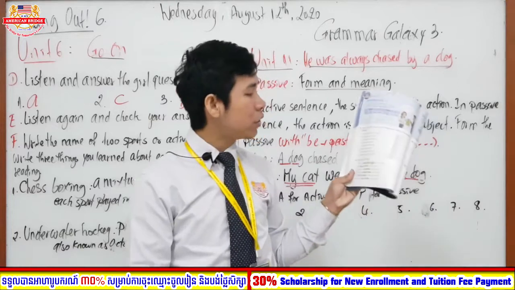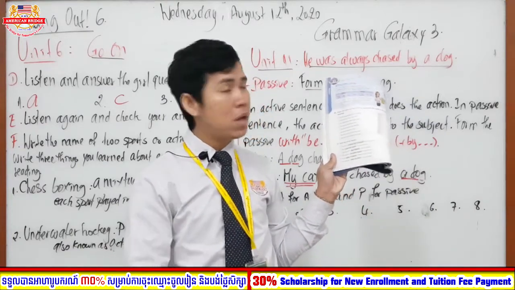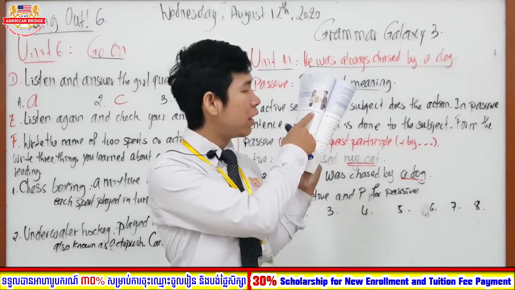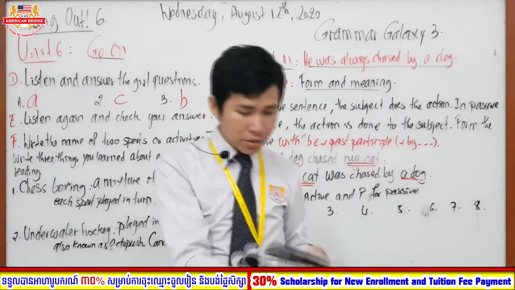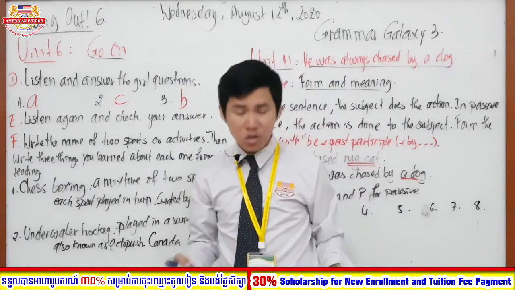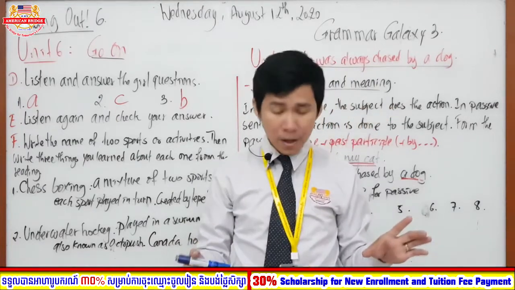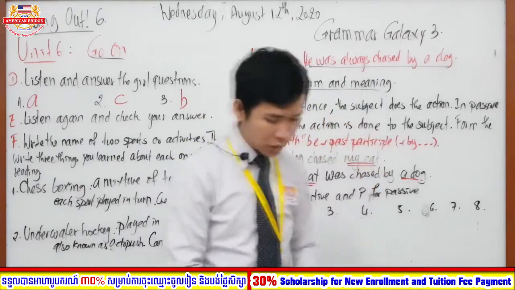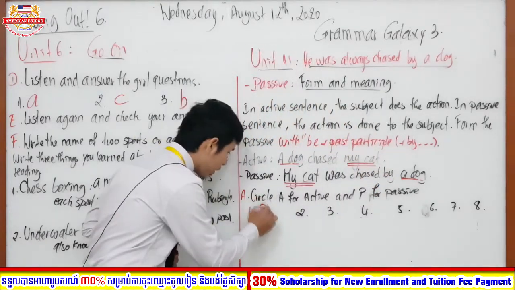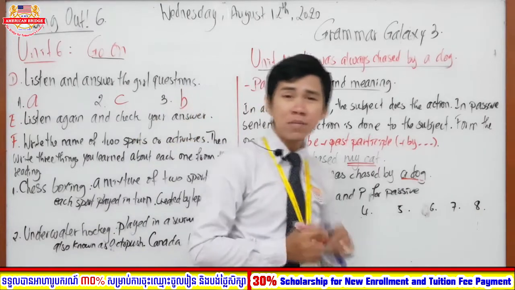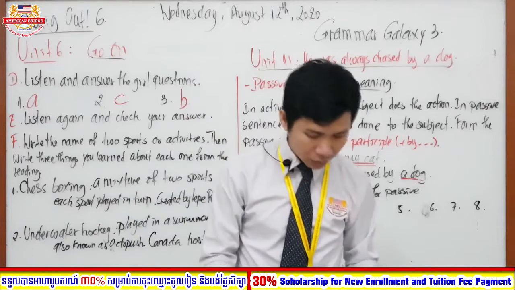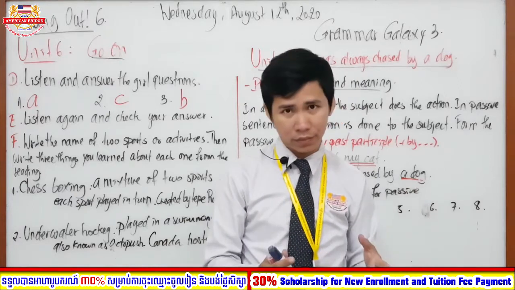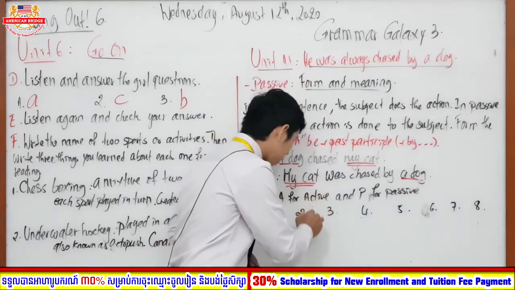Section A, I would like you to open here, and you will see: choose A for active or P for passive. Underline the verbs in the passive sentences. If it is a passive sentence, you have to underline; if not passive, no need to underline. Let's move to number one, which has already been given as the example. Number one is letter P, a passive sentence. Number two: people are dancing to music. Is it active or passive? Very good. Number two is active.